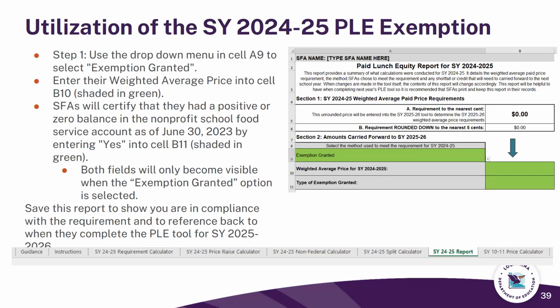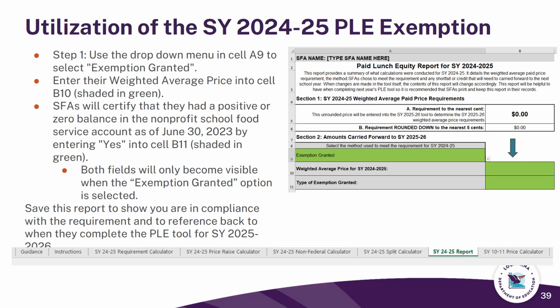In the school year 24-25 report, tab 7, step 1, use the drop-down menu in cell A9 to select "exemption granted." Enter their weighted average price into cell B10, shaded in green. SFAs will certify that they had a positive or a negative balance in the nonprofit school food service account as